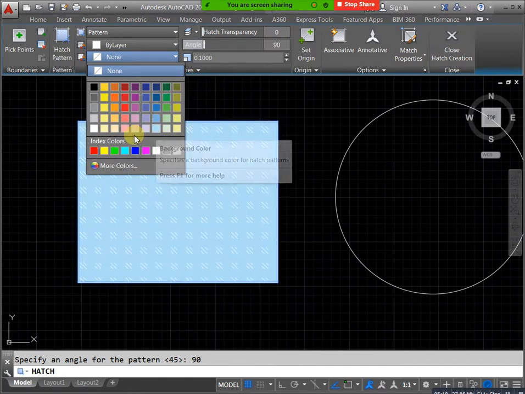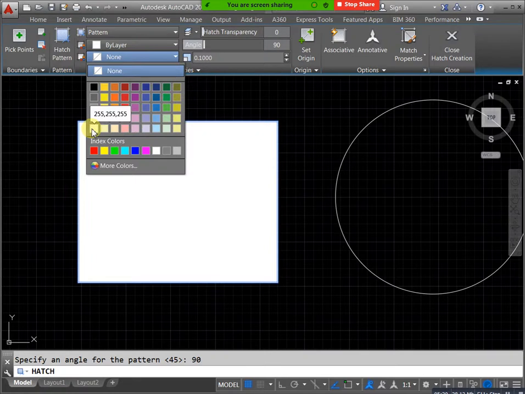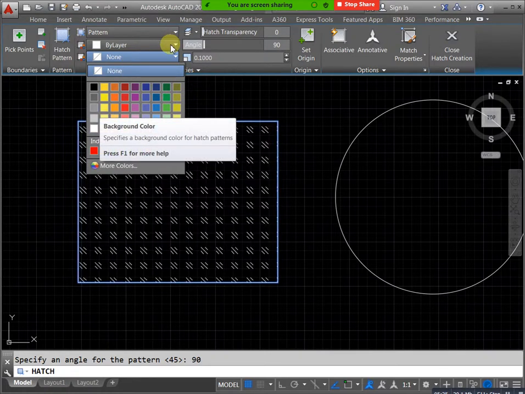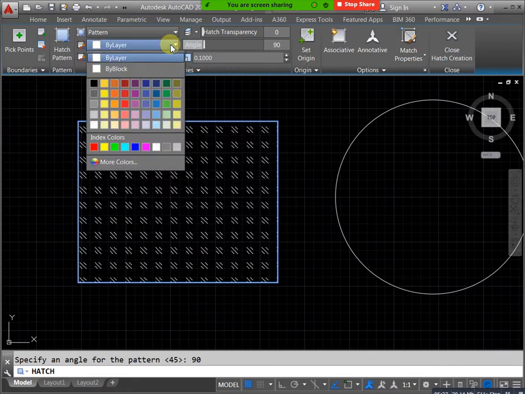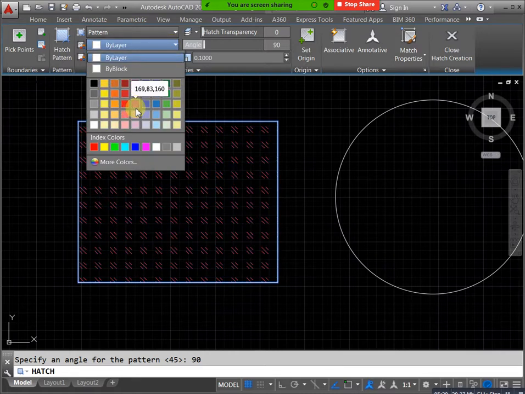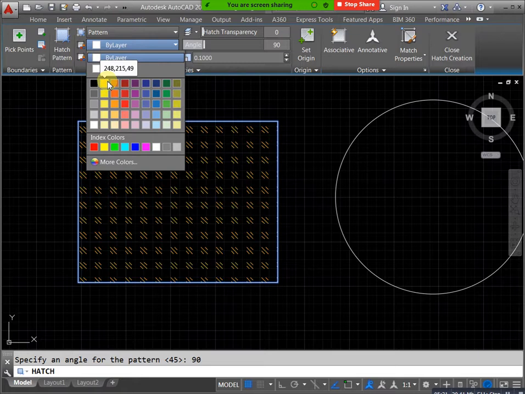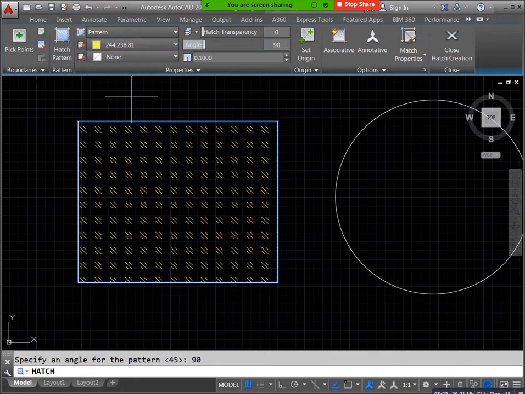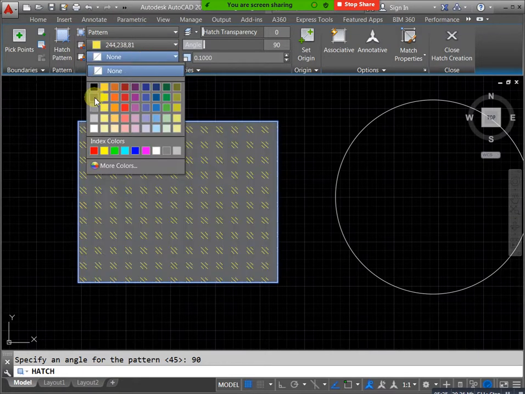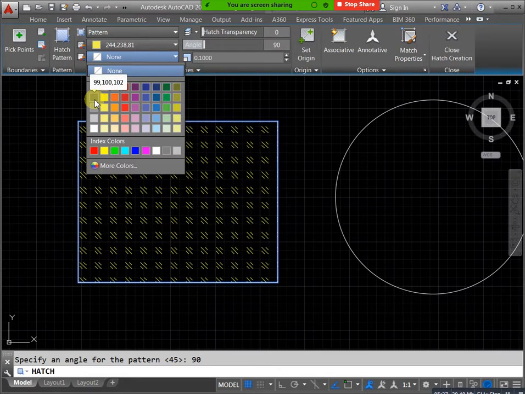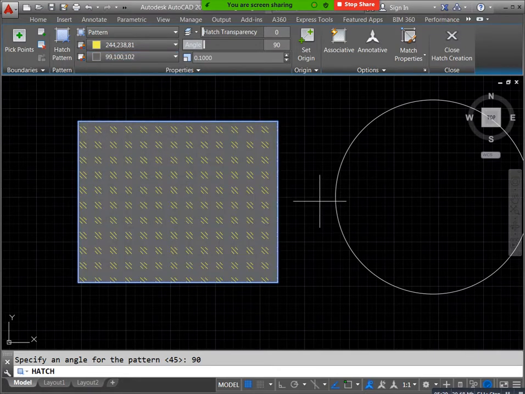In this condition you need to change your hatching line color. Here we have white color now, so you need to change your hatching colors. You can change your hatching colors here, just like this. For example, if I need to apply a background color, you can apply it now, just like this. Okay, now understand this one, hatching.